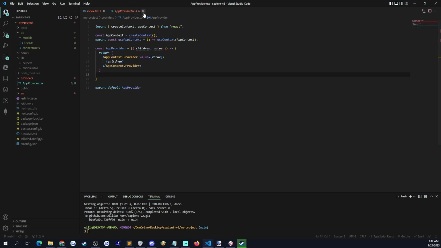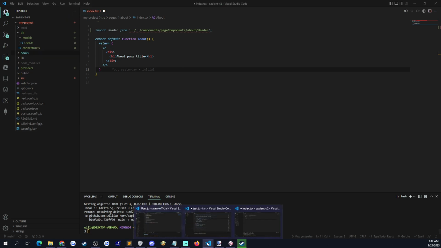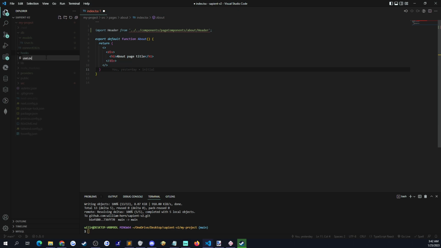App provider is good. Lib, we don't have anything yet, which is fine. Same for hooks. Actually, you know what? I'm going to go ahead and put the use local storage hook in there. So I'm just going to create a new file. We'll call it use local storage state. I'm calling it use local storage state because I think